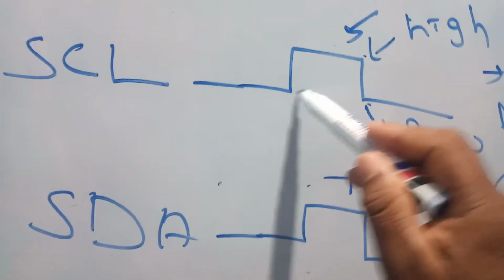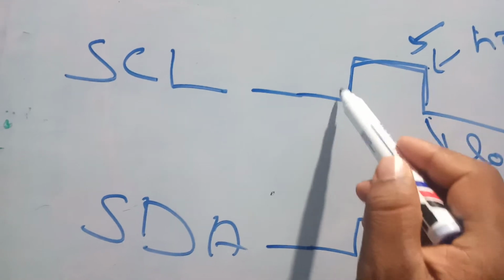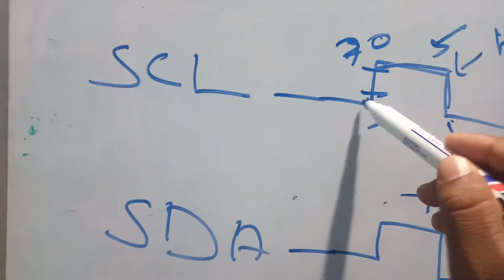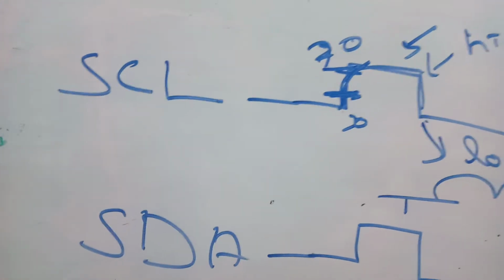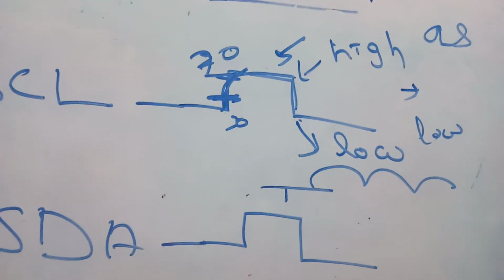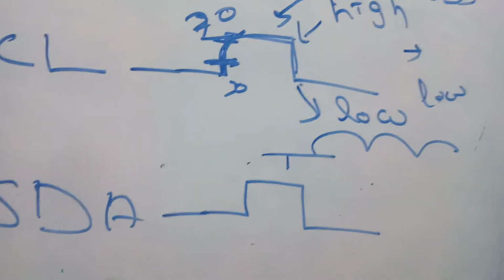So for the data we need a proper waveform. Waveform means there is a right timing, here 30%, here 70% of the rise time. Like that you need to keep it, as per the data sheet, and you should follow those things. I'll show you the data sheet, where we need to keep these things. But before the data sheet, we need to go for the pull-up resistor.